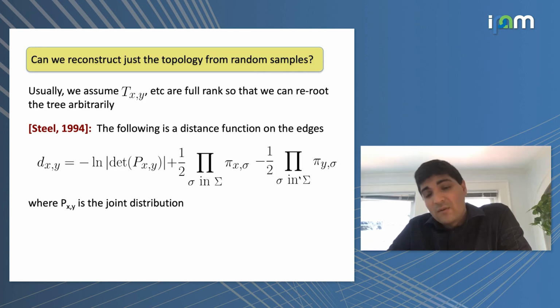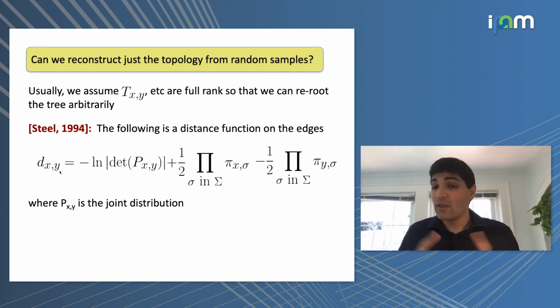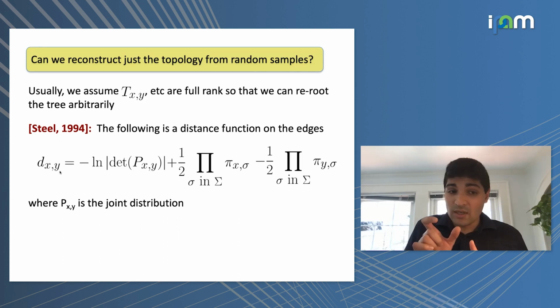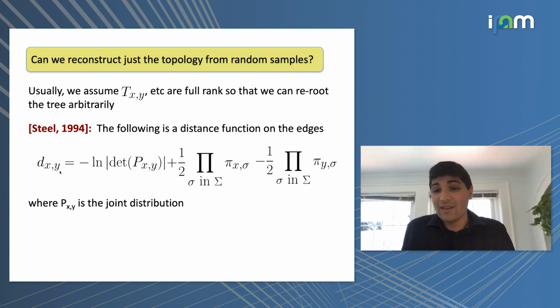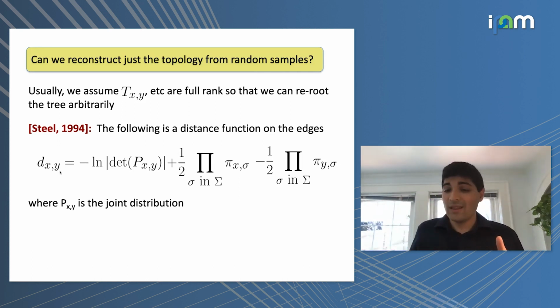Well, if you compute this right-hand side, that's the way that I'm defining this D sub XY. And what Steel showed was that this expression is a distance function along the edges of the tree. So you can actually compute this distance function in principle, even for things you can't observe, for X's and Y's that are adjacent in the tree. And then you get some distance along the edges, d_XY. But if you compute the distance between two different things that are not connected by an edge, but are connected by a path, then their distance, which you can now compute, will be the sum over the edges in the path that connects them in the tree of this d_XY function.